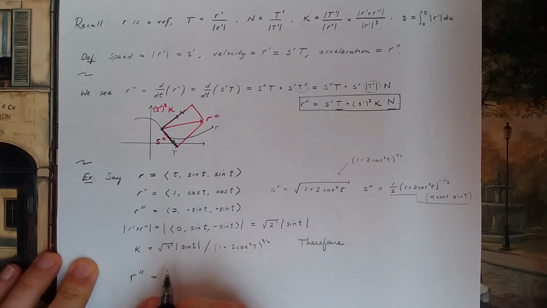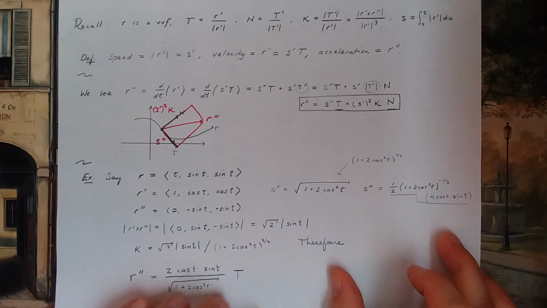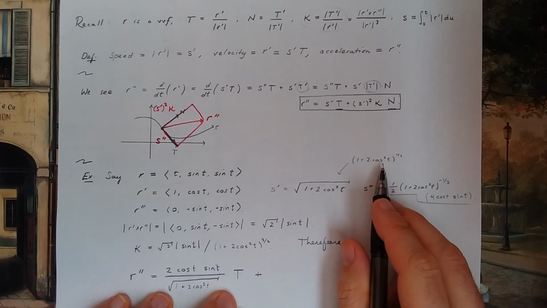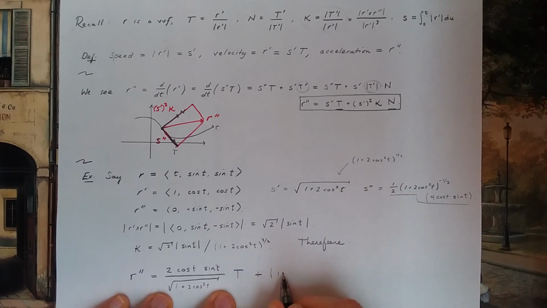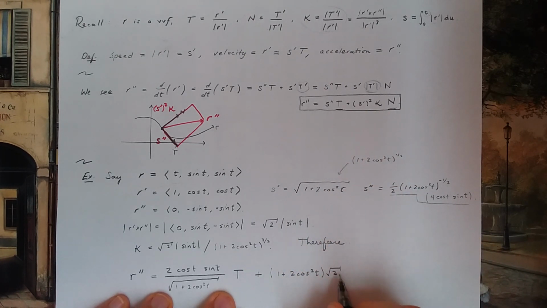So let me write it as 2 cosine t sine t divided by the square root of 1 plus 2 cosine squared t, times the unit tangent vector, plus the speed squared, so 1 plus 2 cosine squared t, times the curvature, which is the square root of 2